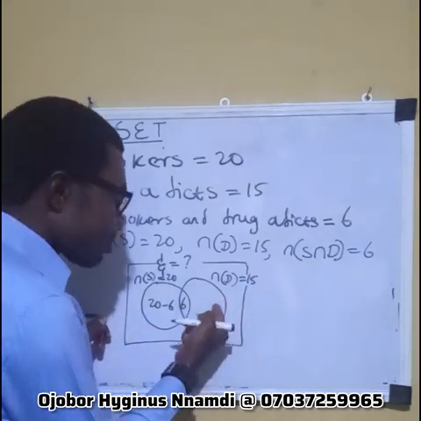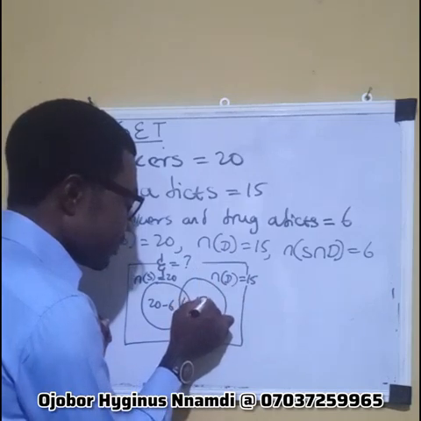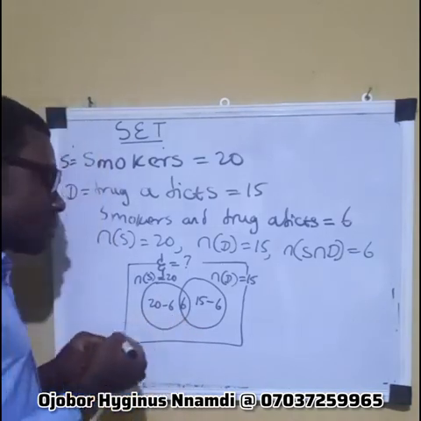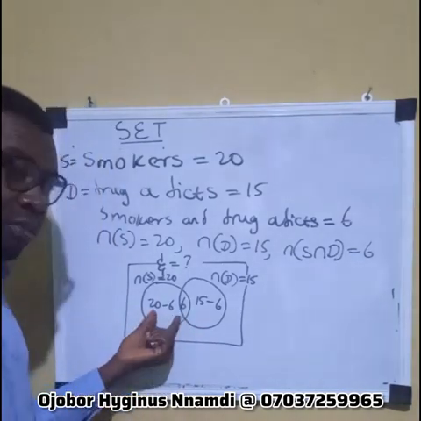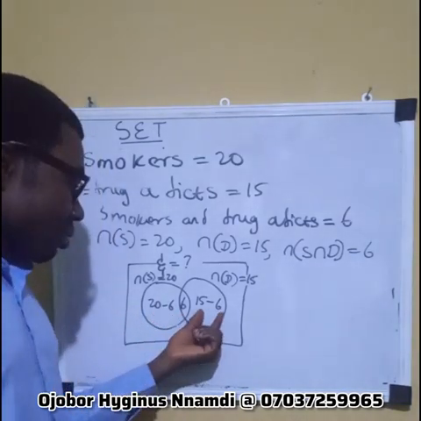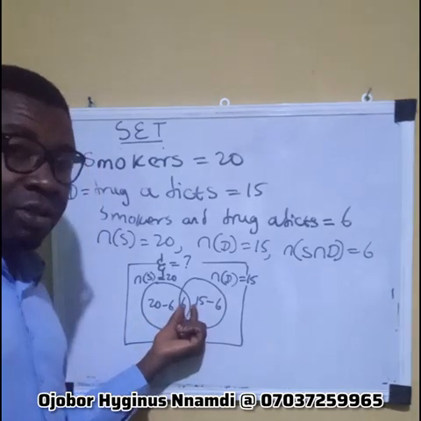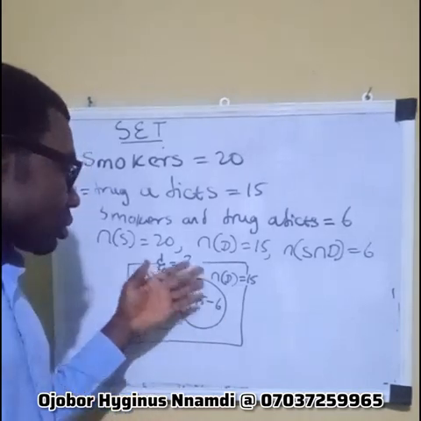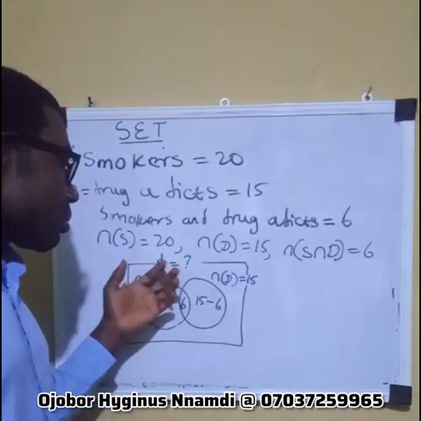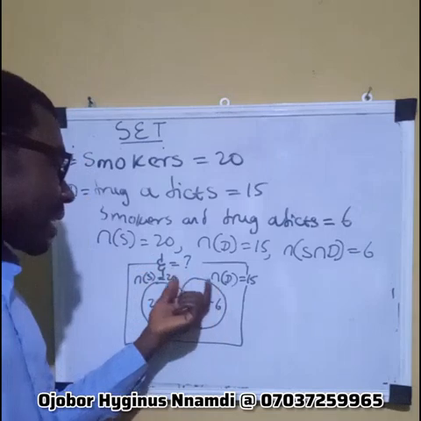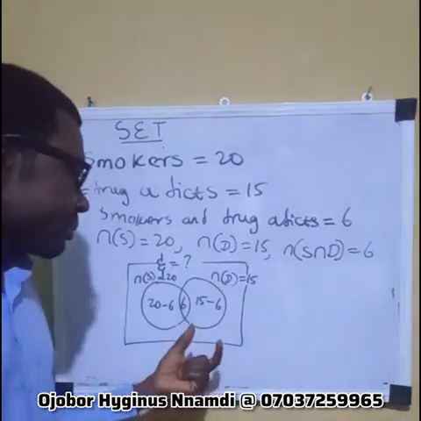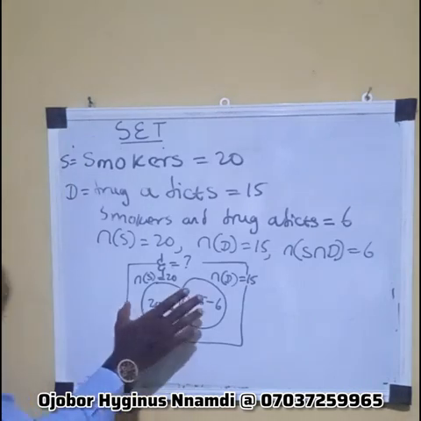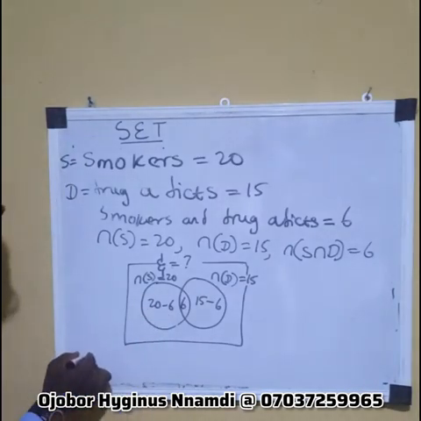And number of those that are drug addicts only will be 15 minus 6. So if we get those that are smokers only, plus those that are drug addicts only, plus those that are both smokers and drug addicts, we have the total number of people that are in that club. Okay, so this is the Venn diagram. Then to have the total number of people in the club,